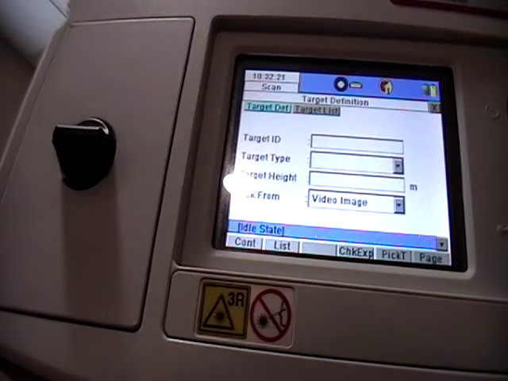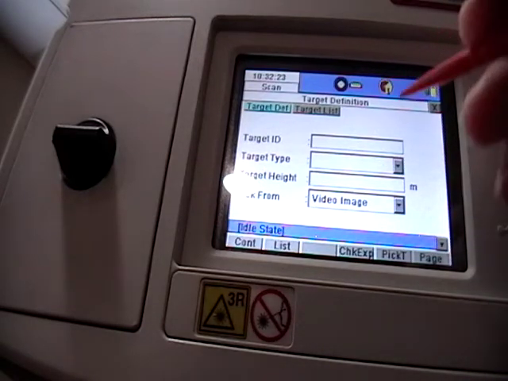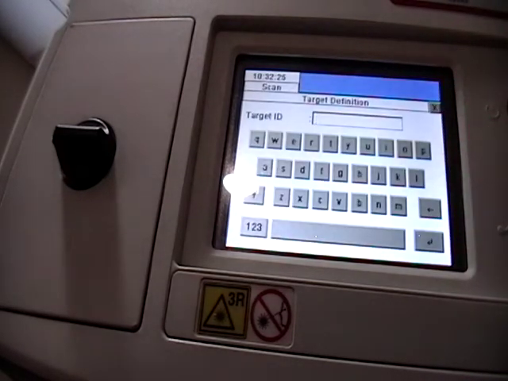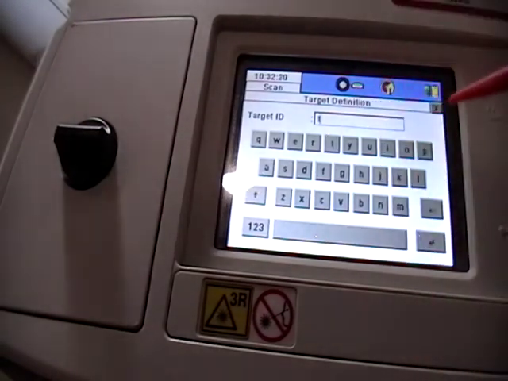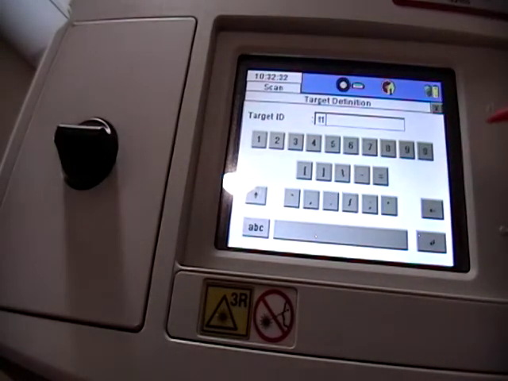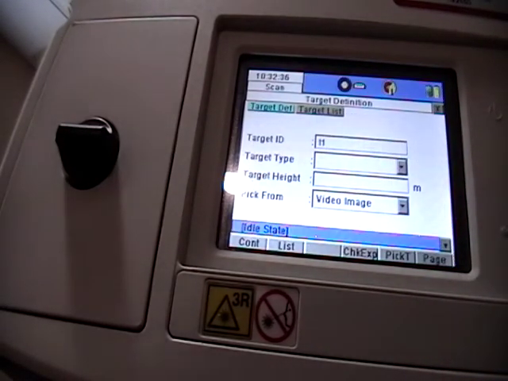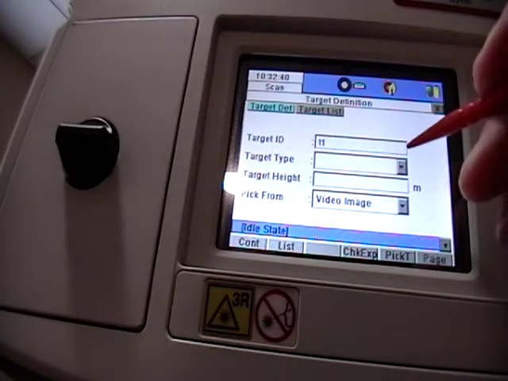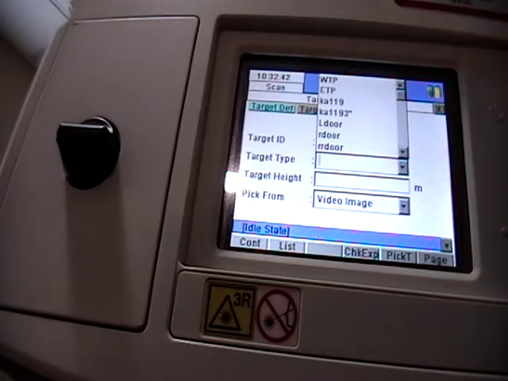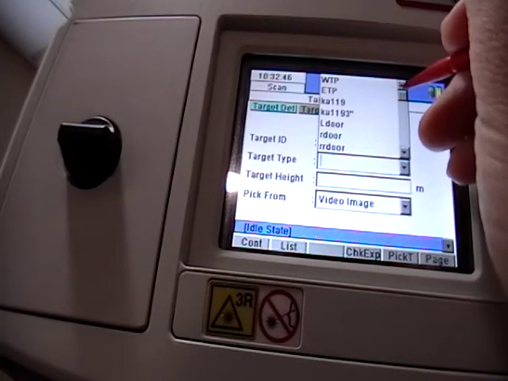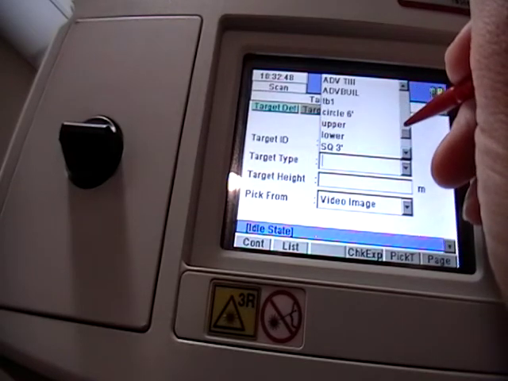And then I get a new menu that asks for the target ID. Generally speaking, our targets, we always label them with a T first. So we go T, and then I'm just going to use 1 because that's my first target. So I press enter, and it says T1. Now I haven't cleaned out the scanner yet, but my target that I'm looking at is a 6-inch circle. So I'm going to find my 6-inch circle,